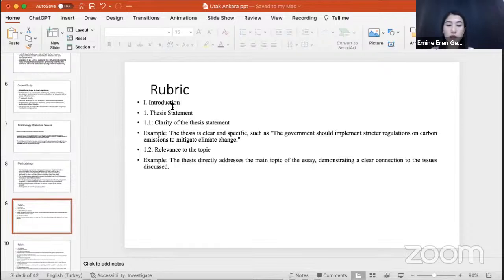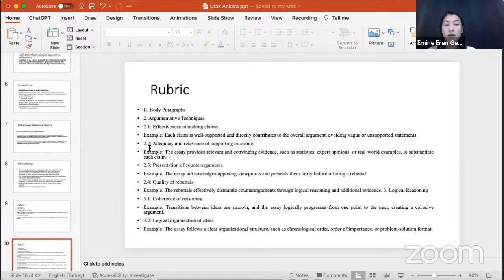The essays were analyzed. The first one was about the introduction paragraph, in which we looked at the thesis statement, the clarity of the thesis statement, and relevance to the topic. And in the second part, we analyzed the body paragraphs of their writings. Here, we checked argumentative techniques like effectiveness in making claims, adequacy and relevance of supporting evidence, presentation of counter-arguments, and quality of rebuttals. Also, we checked coherence of reasoning in the body paragraphs, and logical organization of